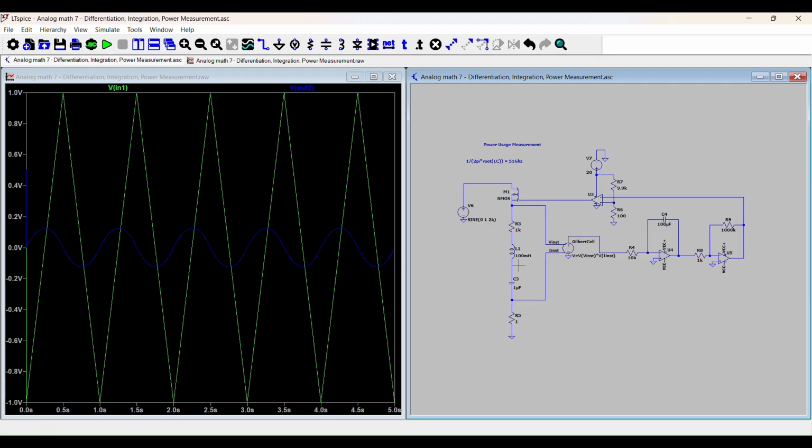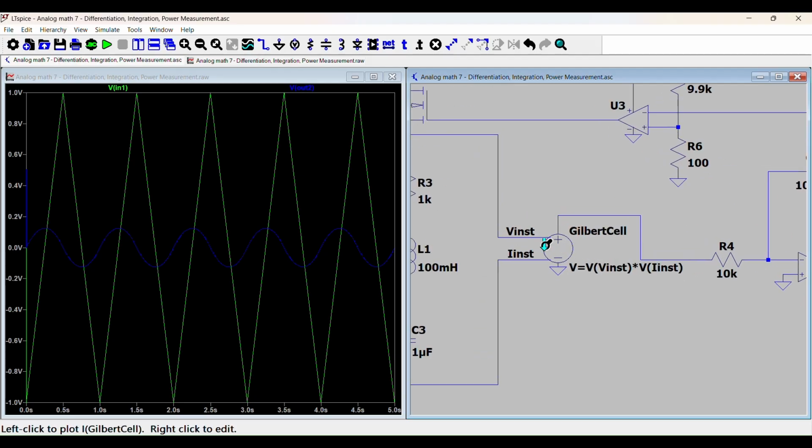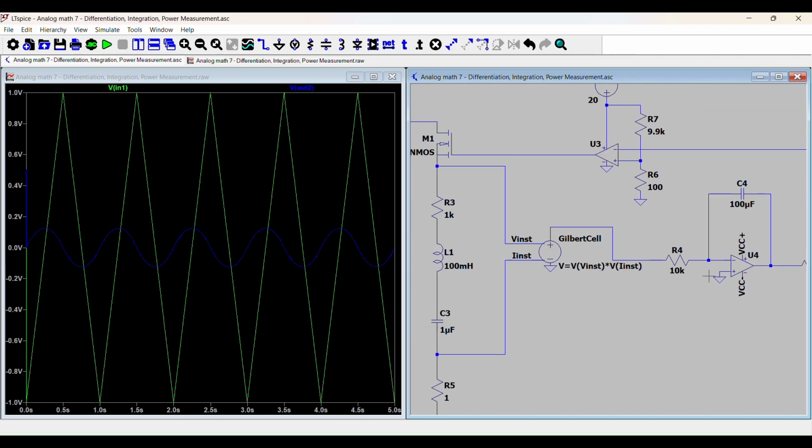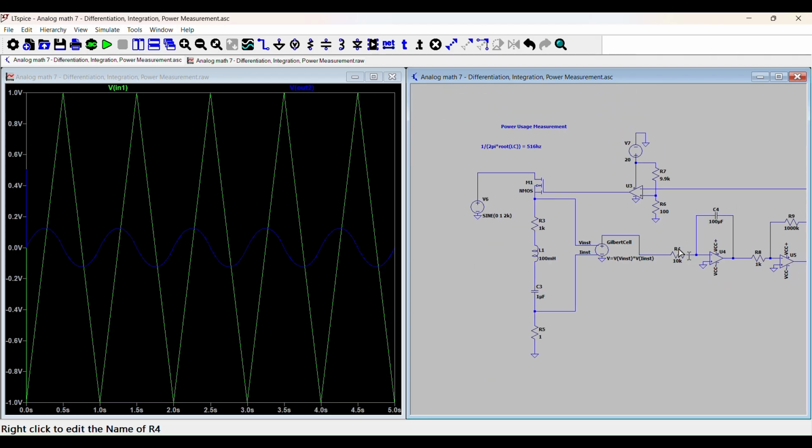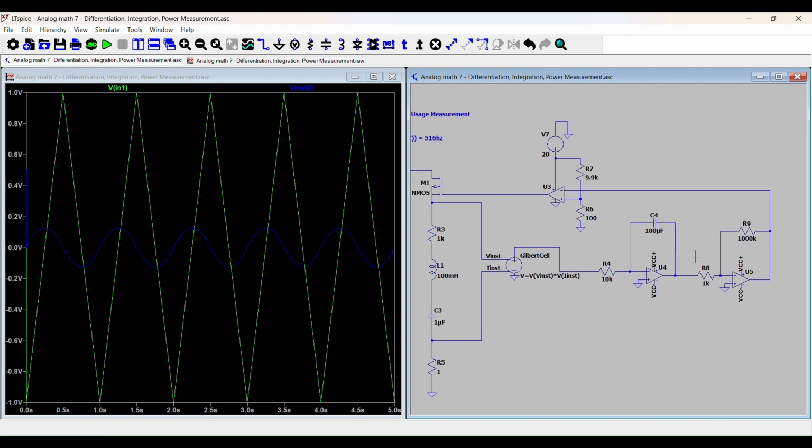Because current across the component is the current across the shunt resistor, which is voltage across the shunt resistor divided by 1. So the voltage here is actually the current across the component. And then we use a Gilbert cell to do the multiplication. We multiply the voltage across the component with the current across the component, and this is done at any point in time. We then put it through an integrator to integrate it with respect to time, right? So this gives us the area under the power curve, and when we sum up the area, that gives us the energy. This is just an inverter and scalars to scale the value back up to the appropriate